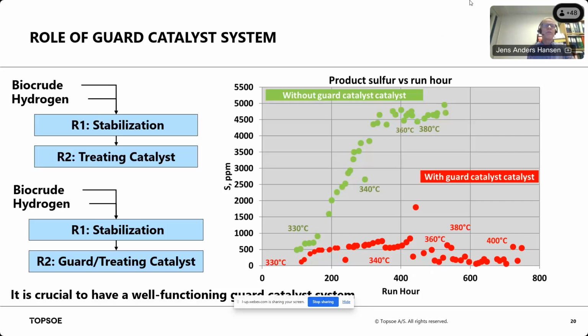So it's very crucial that you have a guard catalyst system here, and with a high amount of contaminants present in this feedstock, you need a lot of guard catalyst. And in a test where you only have a limited amount of catalyst volume, you will see a faster breakthrough compared to a situation where you could use a larger amount of guard volume. So this clearly indicates that the guard catalyst system is very crucial.